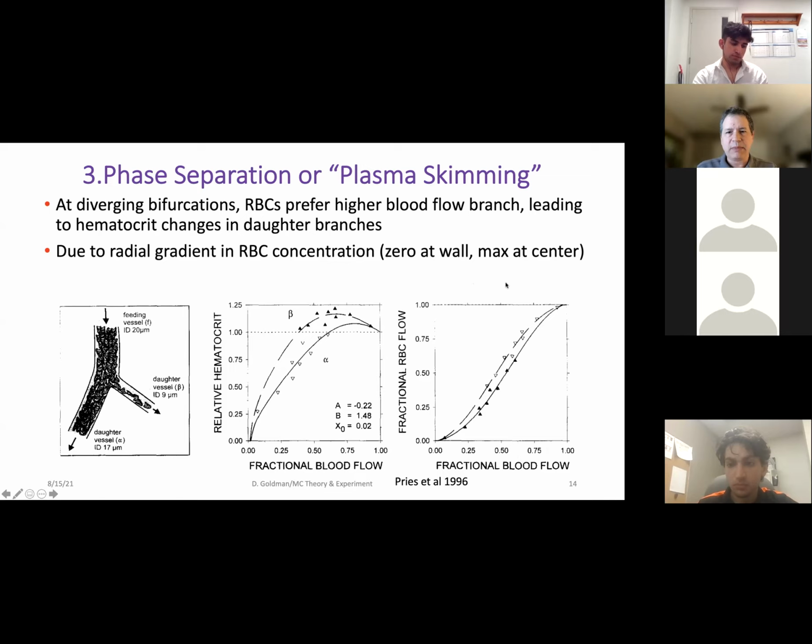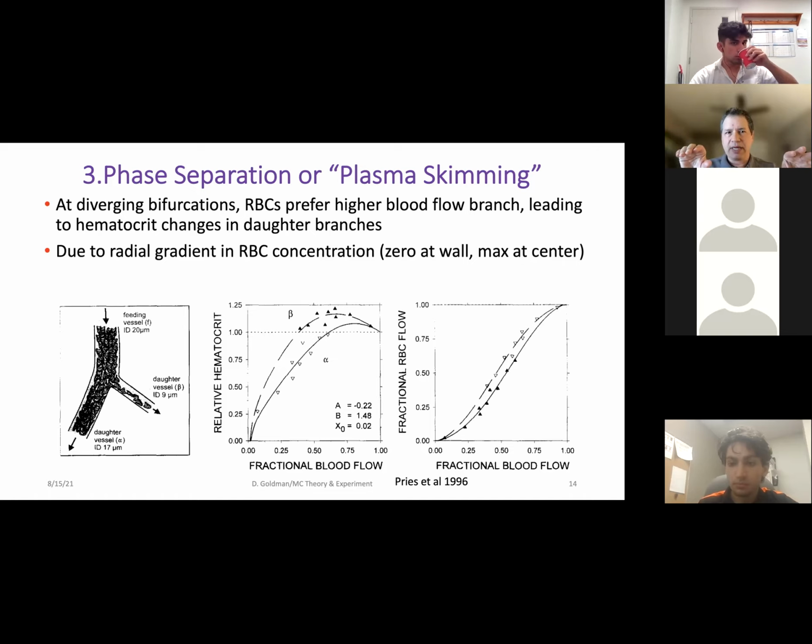Okay, so it's something to keep in mind. And as you go through a branching network, if this keeps happening, then you end up with a big spread of hematocrits as you go downstream. Eventually, the smallest arterioles feed into capillary networks or capillary beds. So if you have heterogeneity in the hematocrit in the arterioles, then each capillary bed will have a different hematocrit